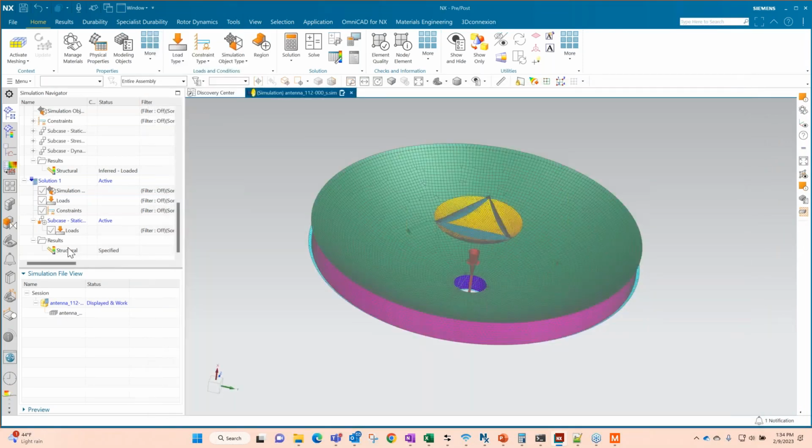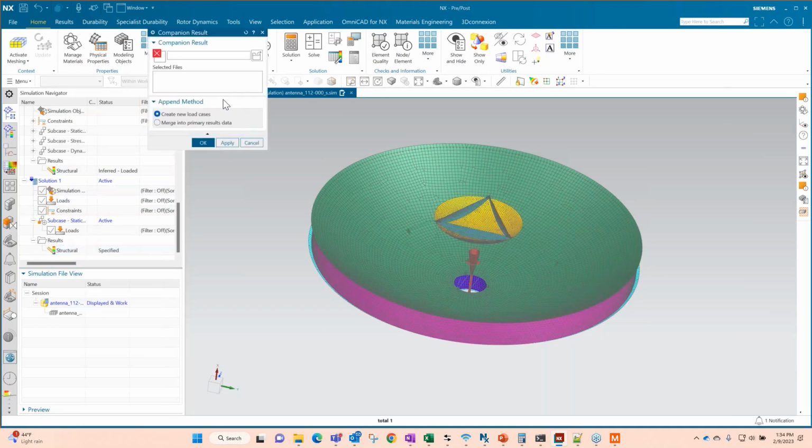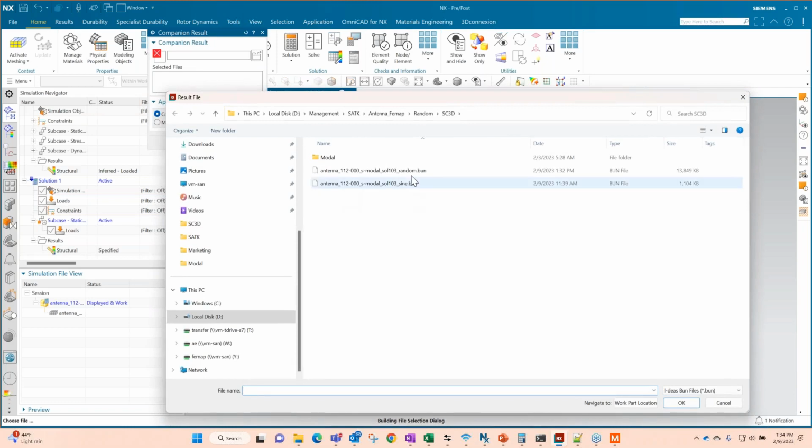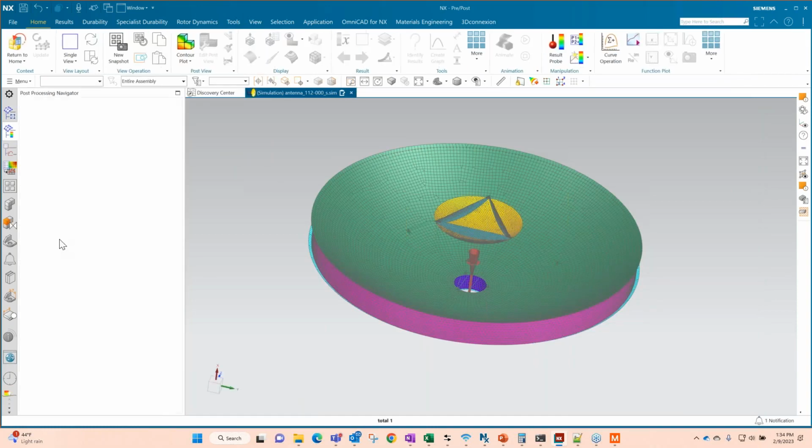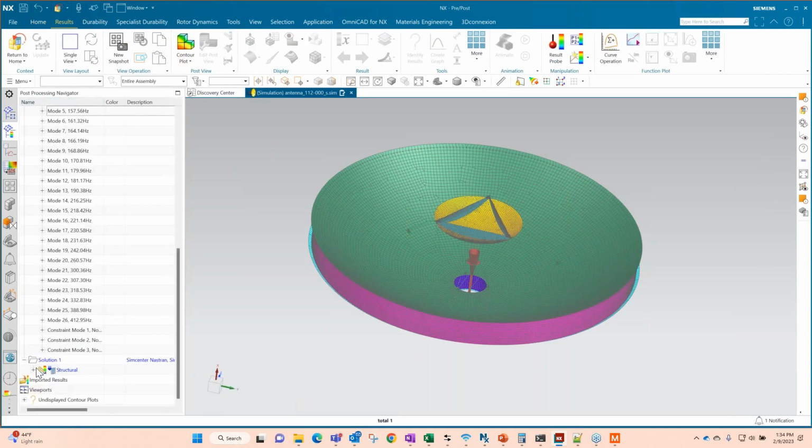Do that. And then in addition, because there's some results, you want to add this companion file. There's this second results file because of how SimCenter reads in the data. We'll add that. And then we can go look and see our results here.